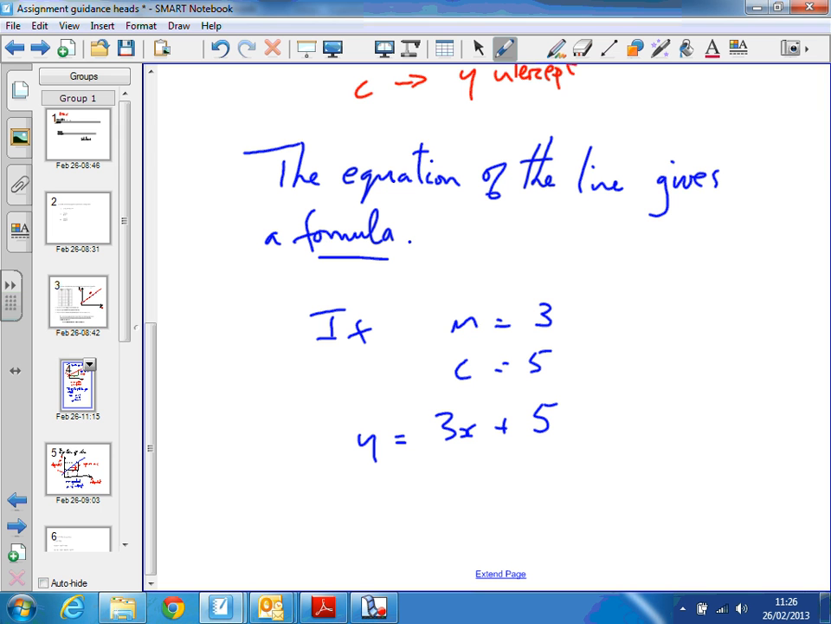Slightly more awkwardly, given a value for y, I could find x. A bit more awkward because I'd have to rearrange the formula, but I could find x too if I was given y. Okay,